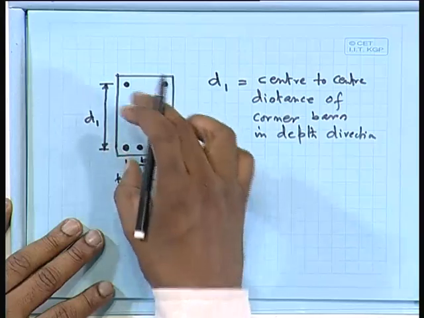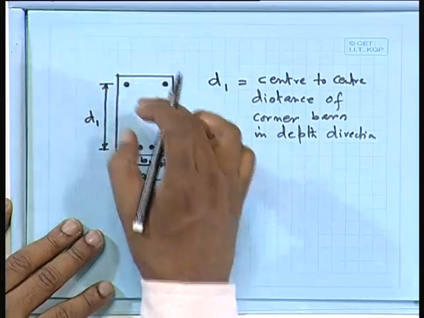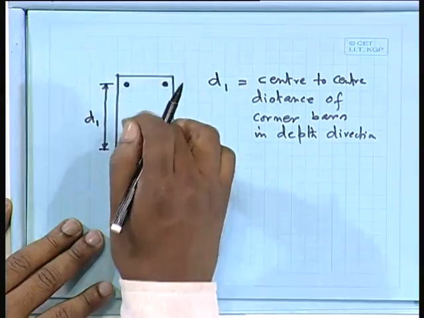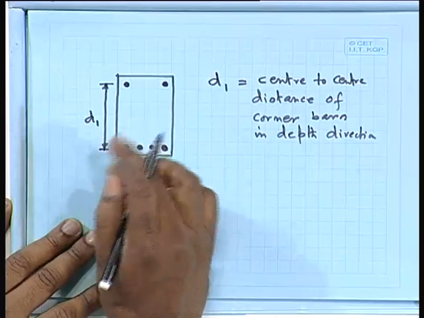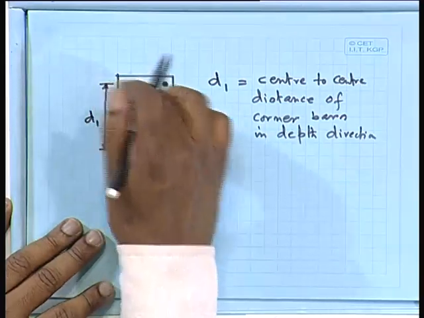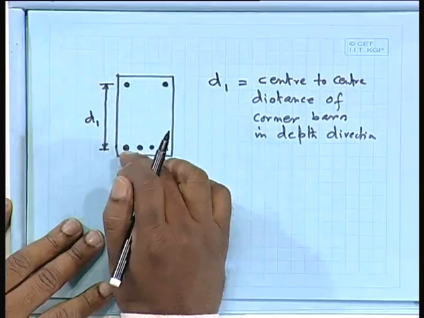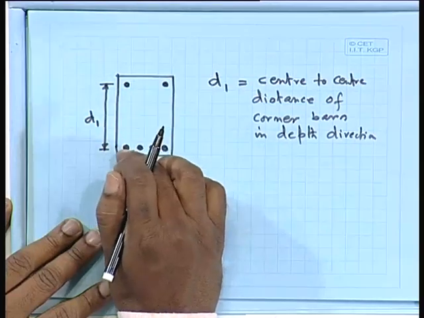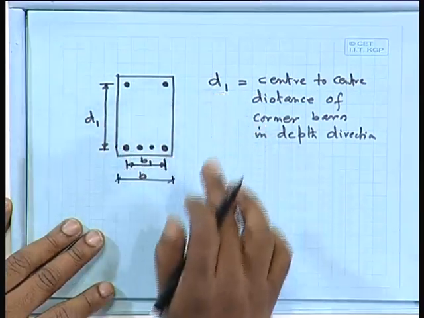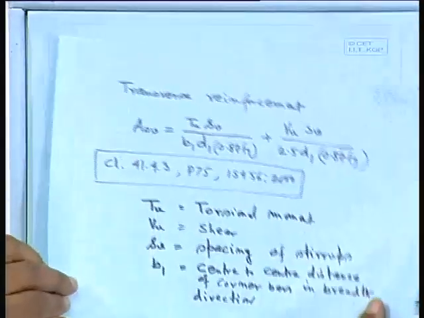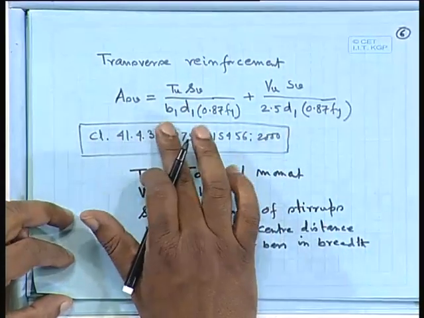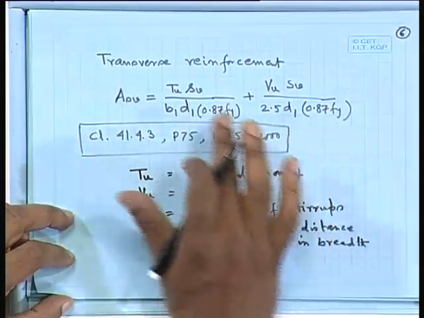So, overall depth capital D minus that clear cover for beam 25 for usual cases, minus half of the top bar, half of the bottom bar, and we can find out D1. So, what can we do then? ASV, that means we know TU, we know B1, D1, FY, everything we know, only thing we do not know is